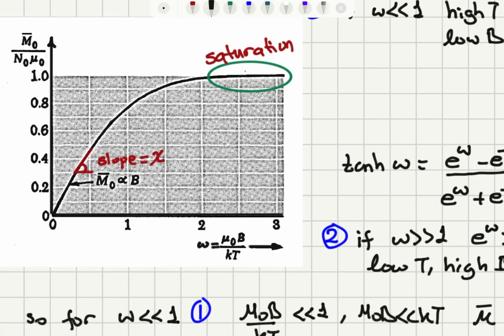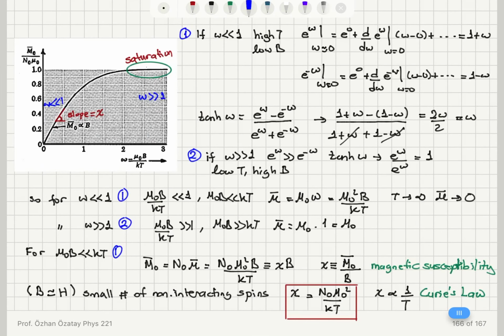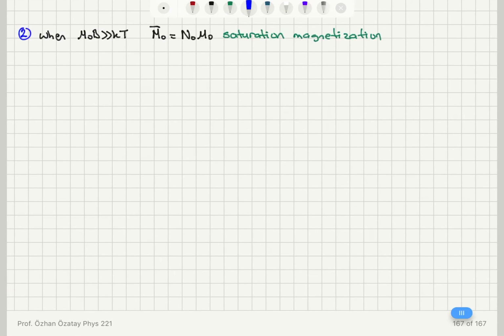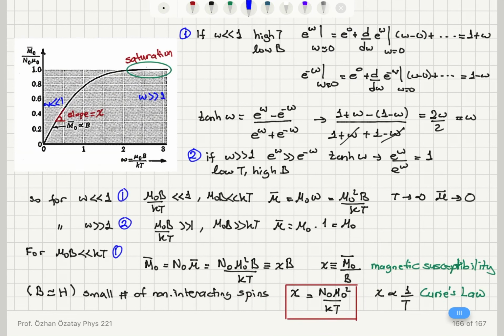You can see in this plot a saturation region for omega much greater than 1, and this is the omega much less than 1 region, where I have a linear dependence. So this basically summarizes what is happening in paramagnets, and we were able to derive Curie's law using the canonical distribution for the